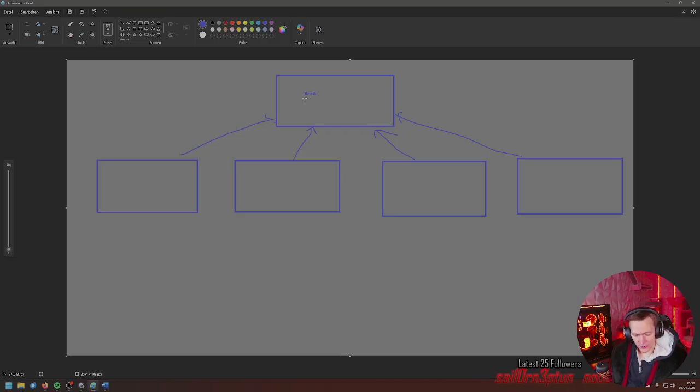Is it going to be... No, I think this needs to extend scriptable object. So this can't be an interface. Scriptable object. Yep, okay. It can only be... this has to be abstract. Yeah, this is abstract.